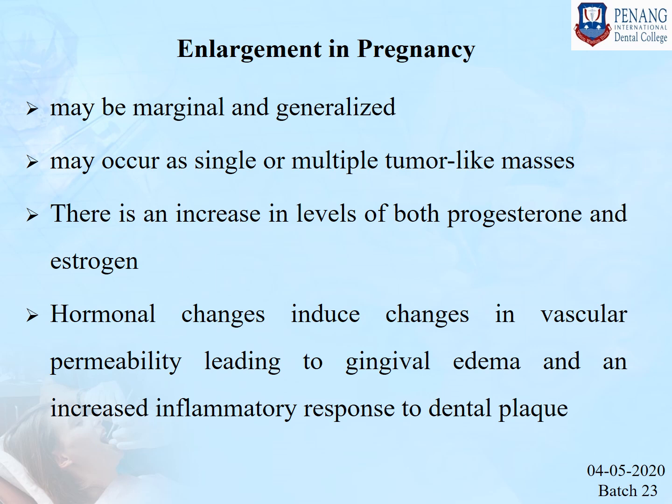The enlarged gingiva is bright red or magenta. It is soft and friable, and it has a smooth shiny surface. Bleeding will occur spontaneously or on slight provocation. The lesion appears as a discrete mushroom-like and flattened spherical mass that protrudes from the gingival margin and more often from the interproximal spaces. In this type of patient, there will be an increase in the level of both progesterone and